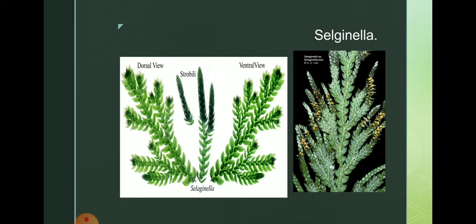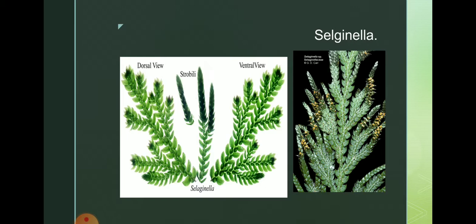The small leaf of each pair is inserted on the dorsal side of the stem, while the larger one is on the ventral side. The successive pairs of leaves are arranged so that large leaves are always alternate with large, and small leaves with small leaves. The leaf is sessile, generally ovate, with an acute apex and distinct midrib. At the base of the leaf a small ligule is present. Ligule is the characteristic of Selaginella. You will find the ligule only in Selaginella.